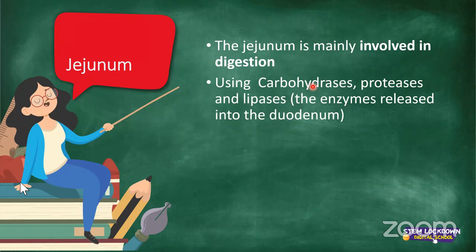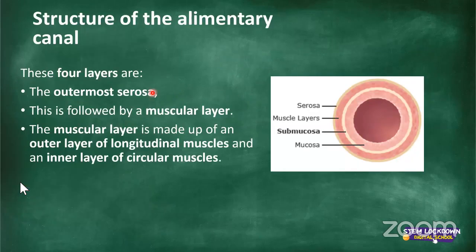Okay, and guys, remember, we also have the third part of the small intestine, which is called the ileum, right? And by the ileum, it's mainly absorption that takes place there. So I just didn't cover it here because it's just absorption that takes place there. Okay, cool. So as we continue, let's look at the structure of the alimentary canal so that we understand how